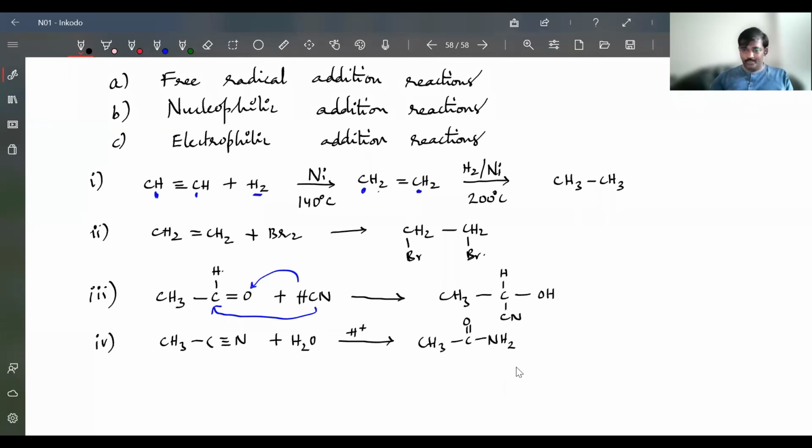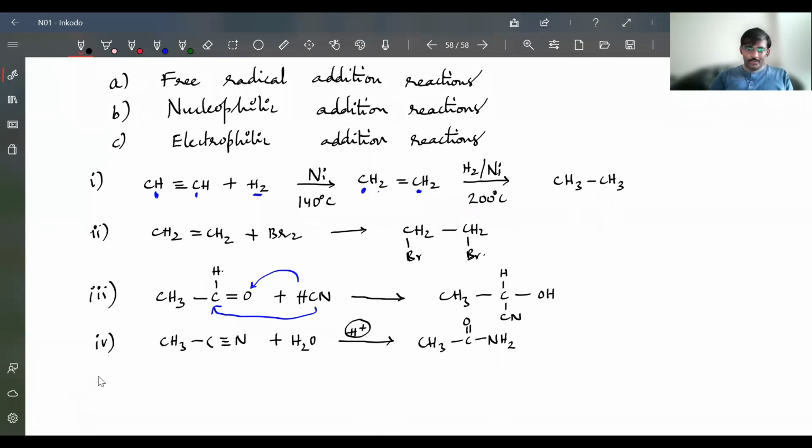That will continue. So here what is happening now, H plus ion in acidic medium we are saying. So that's why H plus ion is the attacking reagent. That is coming first. H plus ion will attack the substrate molecule. So electrophile is attacking. So it is called an electrophilic reaction, electrophilic addition reaction.